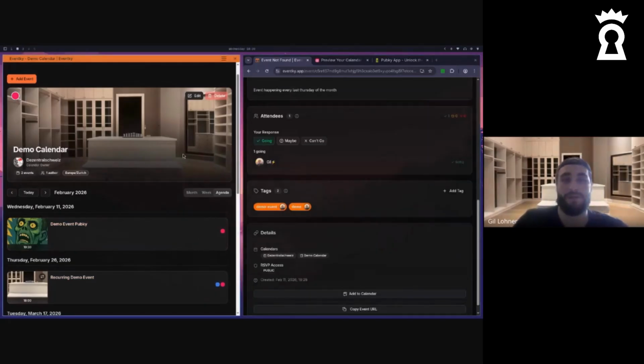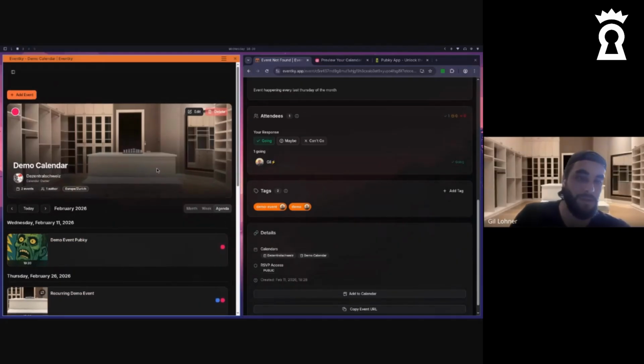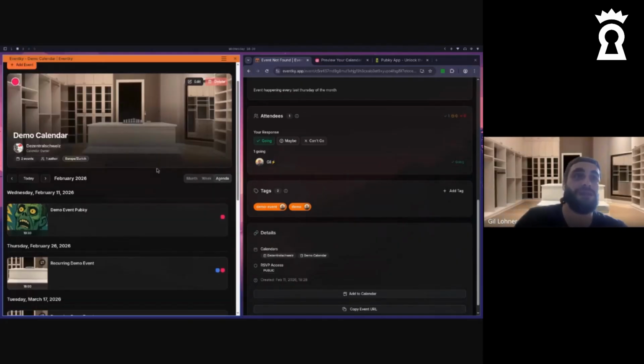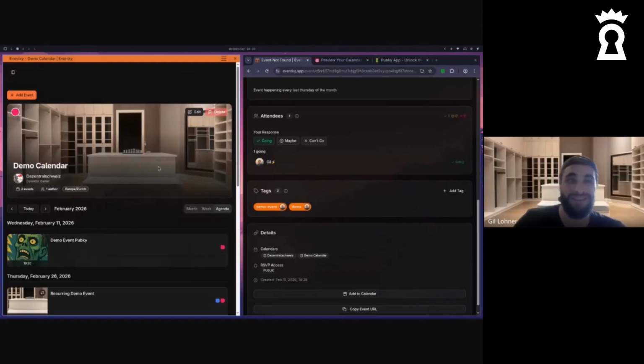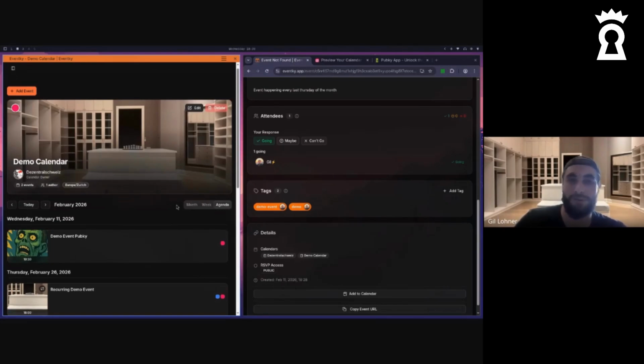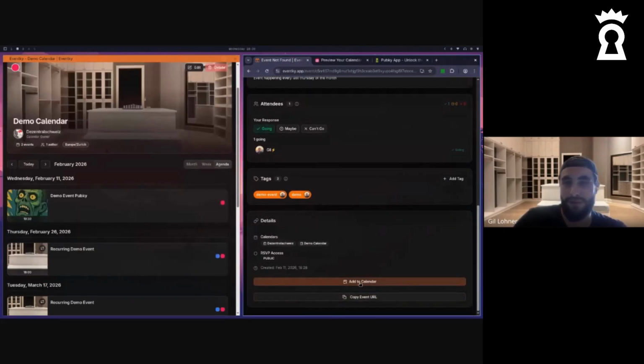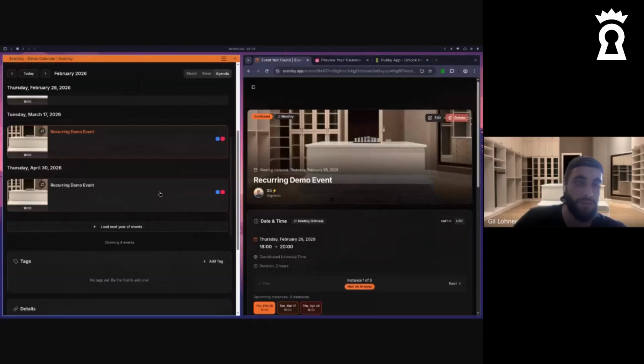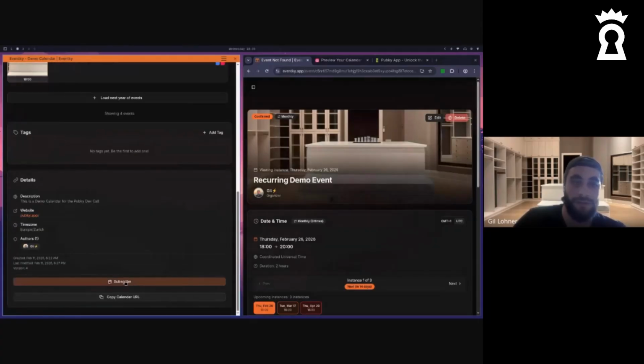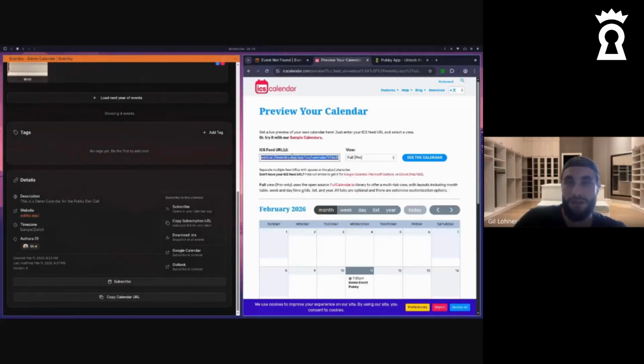All of this is based on the Pubky app specs and the existing ICS standards for events and calendars. So there's basically interoperability between existing calendar apps. For example, if I use, let's say, this demo calendar and I want to add it to my own calendar, I can go to subscribe, copy the subscription link, and if we're going to review this calendar, you can see